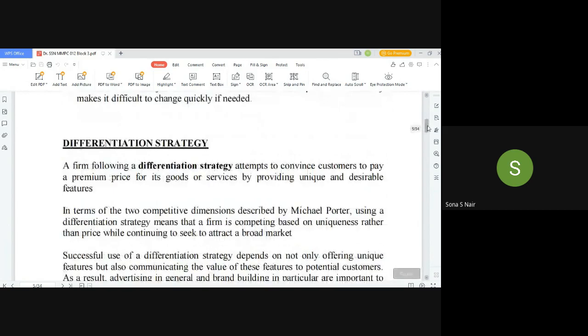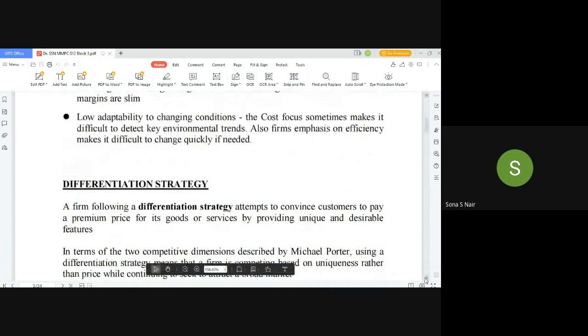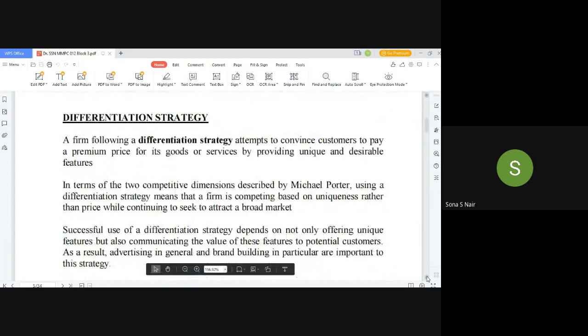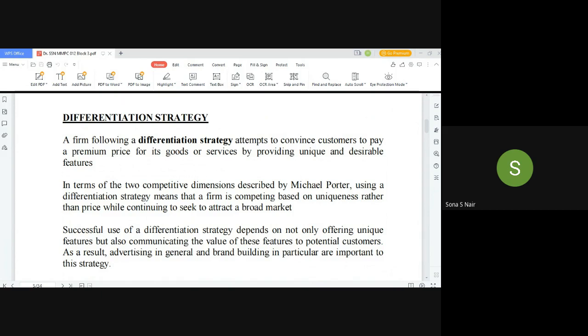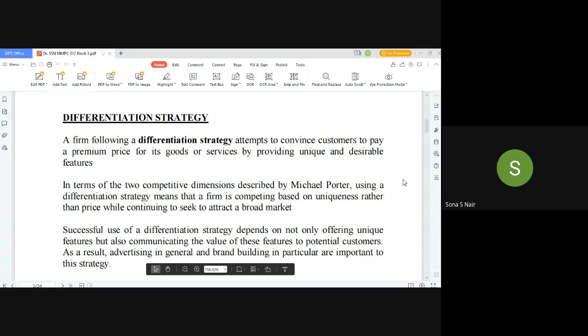And at the moment, we are talking of the differentiation strategy. I don't know why I went to focus. Anyway, we were here on differentiation, right? Are you there or are you not there? Yeah, ma'am. I'm sorry. I got a little confused because I scrolled up and then I forgot exactly where we were.